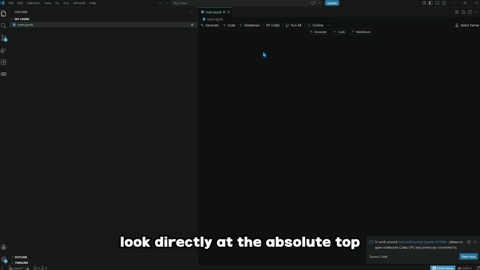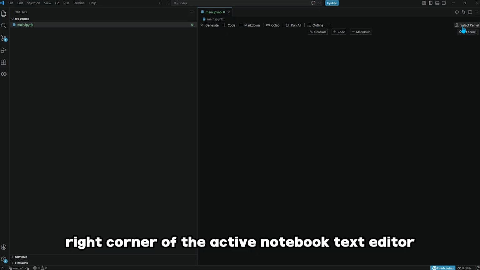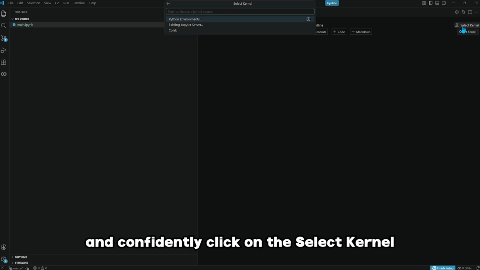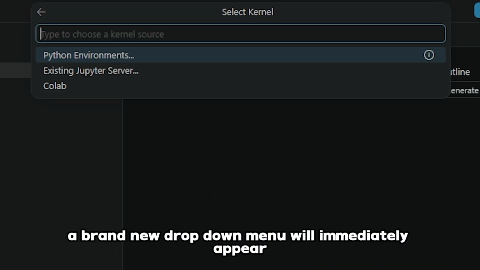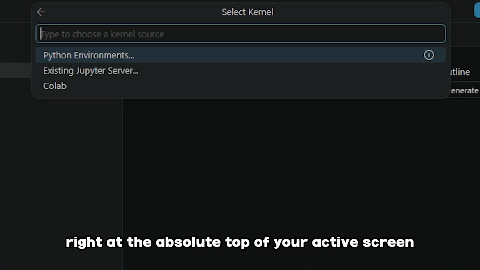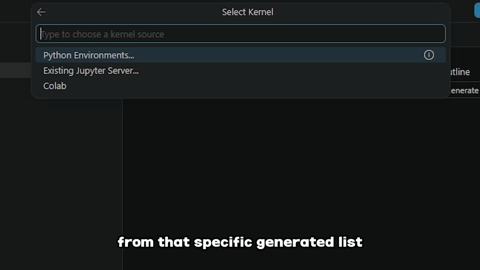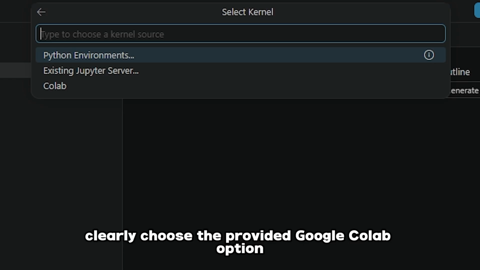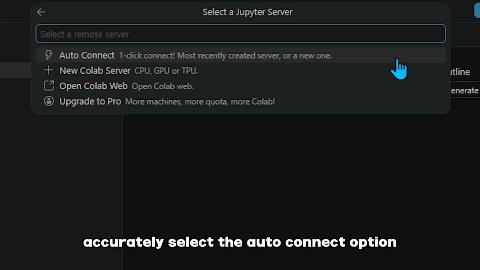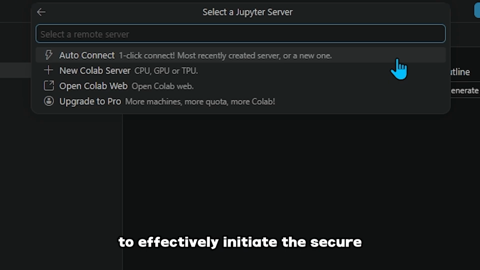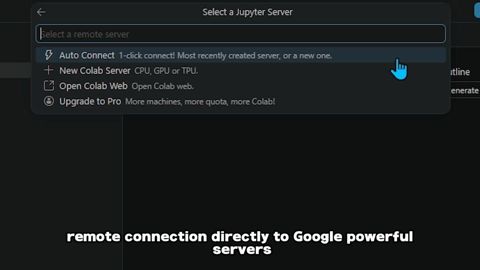Look directly at the absolute top right corner of the active Notebook text editor and confidently click on the Select Kernel interface button. A brand new drop-down menu will immediately appear right at the absolute top of your active screen. From that specific generated list, clearly choose the provided Google Colab option. After properly doing that, accurately select the Auto Connect option to effectively initiate the secure remote connection directly to Google